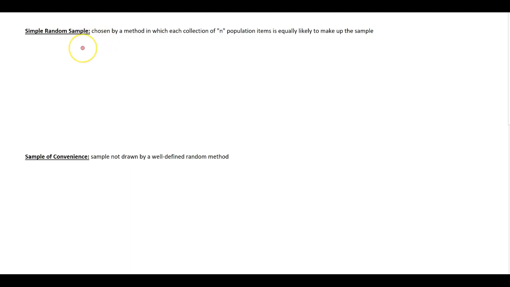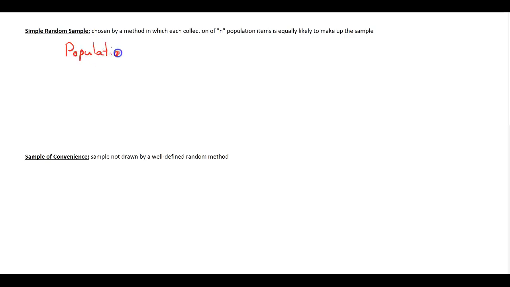In this video, we're going to talk about the different types of samples and sampling methods that we use. The first one is considered a simple random sample. This is where we choose the method in which each collection of n population items is equally likely to make up the sample. So where we're talking about population versus sample, we have a population such as the number of